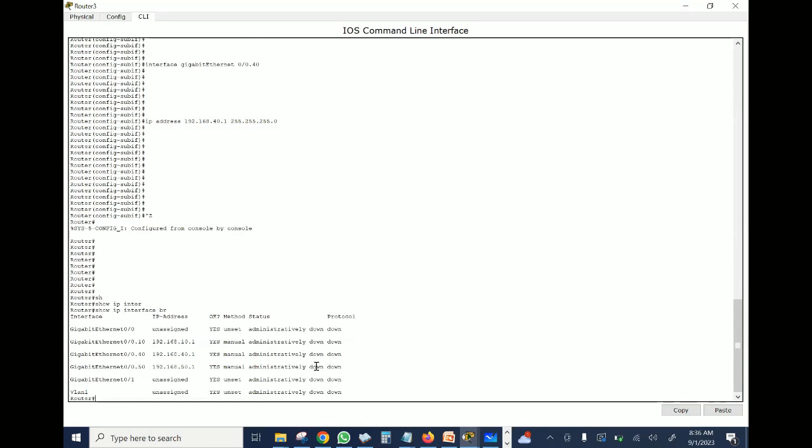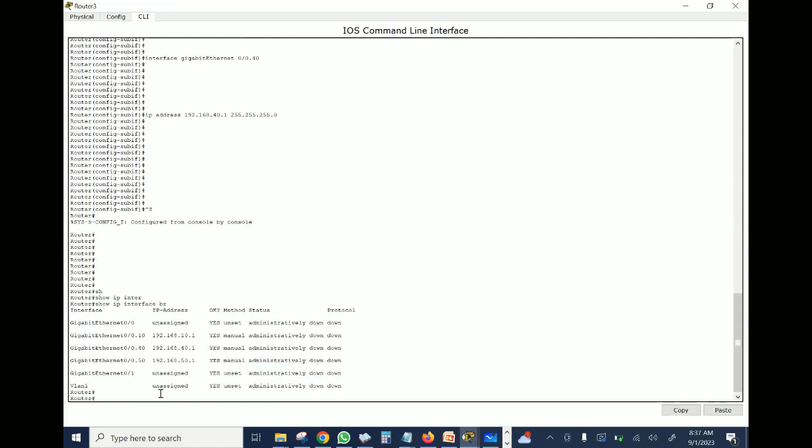Okay, can you see what we just configured? Okay, currently they are all down, not up yet. Whenever you see administratively down, it means you, the administrator, has not put on that port using your command no shutdown. Okay, because I have not put on that interface. That is why it is administratively down. So let's go and put